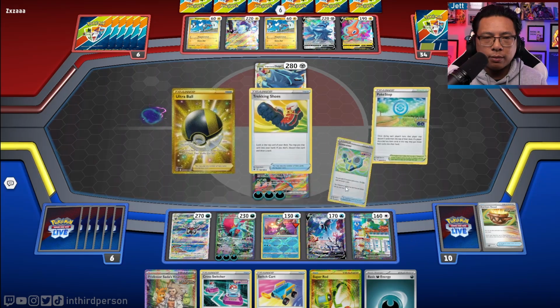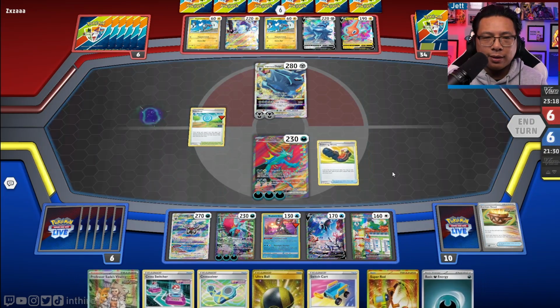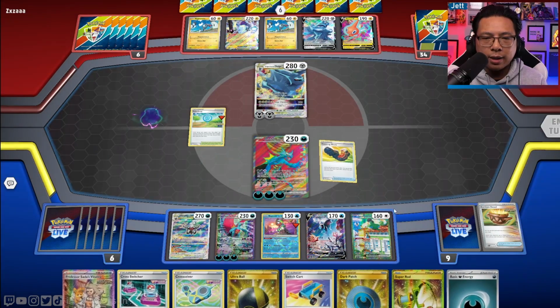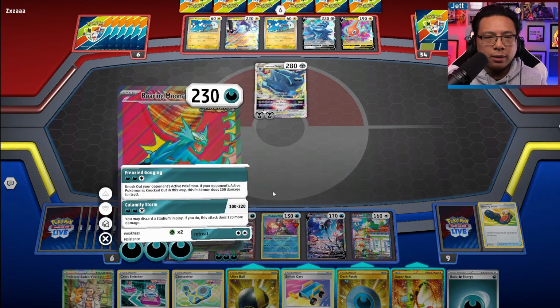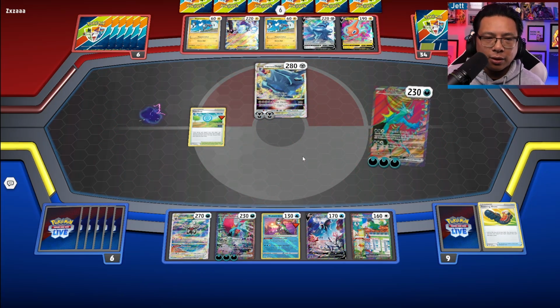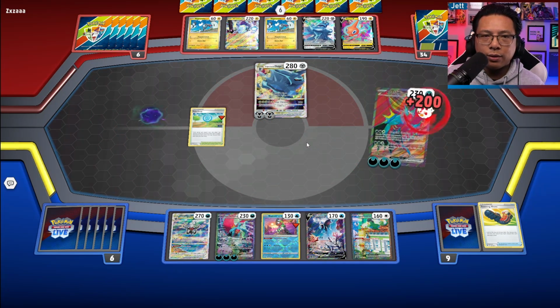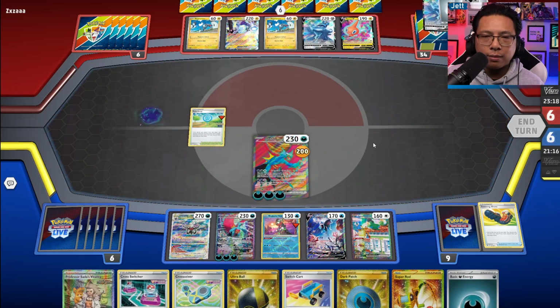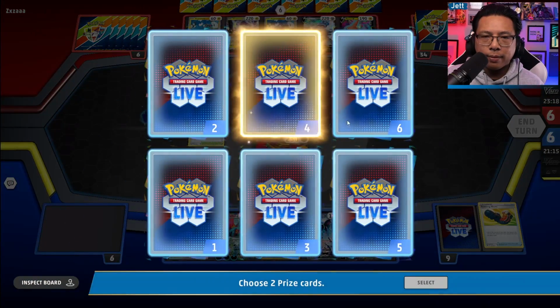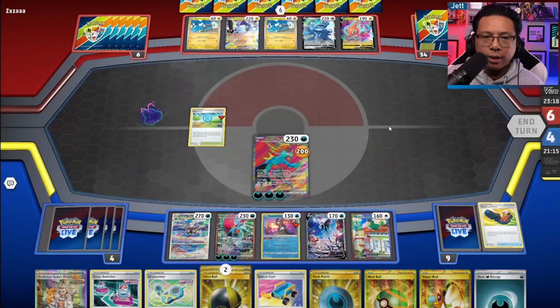I don't know if there's much. Oh, yeah. That was a busted PokéStop right there. And yeah, we'll hold on to that Dark Patch as well. And let's go Frenzied Gouging. We only have 9 cards left, so that's something we're going to need to keep in mind here going into the rest of the game. But Darkrai coming in clutch, getting us the Cross Switcher piece. We can hit their...